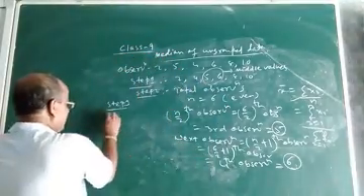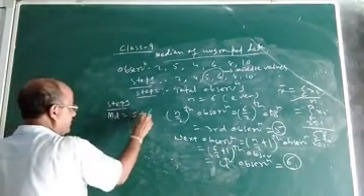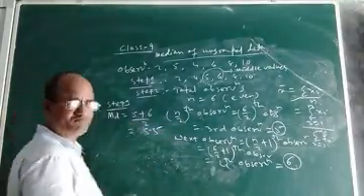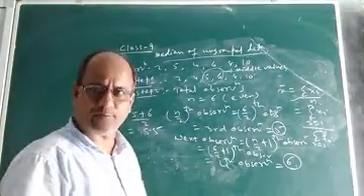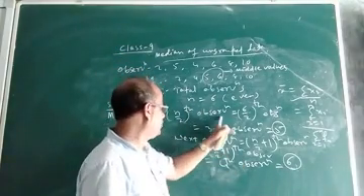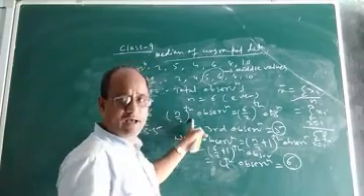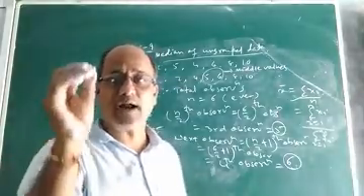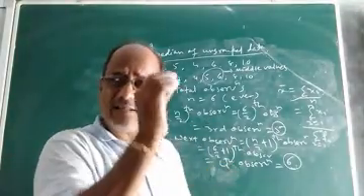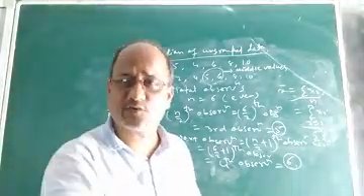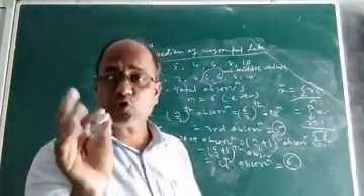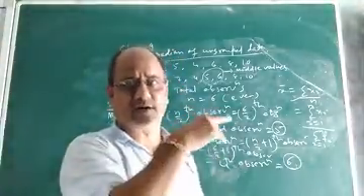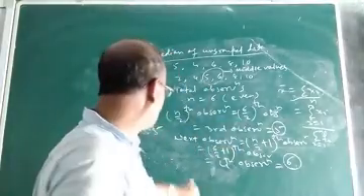That means median will be equal to 5 plus 6 divided by 2. 6 plus 5 is 11, and 11 by 2 is 5.5. You can simply write that median equals the average of the two middle values. This formula is applicable when the total number of observations in the distribution is even, and those two middle values you find only after writing the observations in ascending or descending order. Then only it is permissible. So it is 5.5.